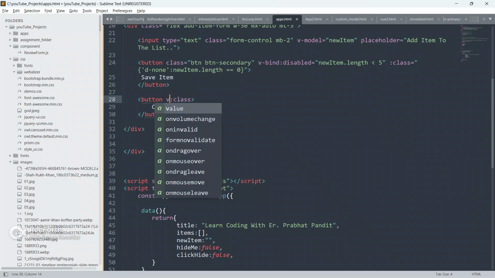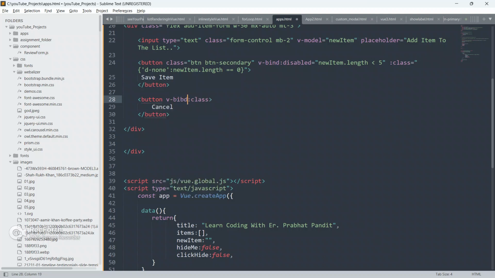As you all know, guys, this colon is used for v-bind. We can also write v-bind here, because this colon is a shorthand for v-bind. This is known as attribute binding, guys. And now we are binding the class.